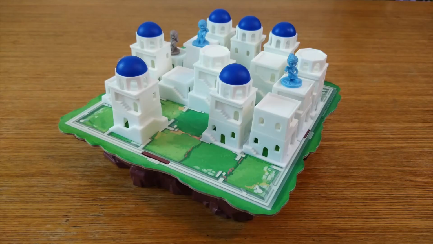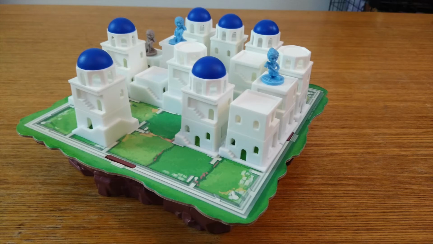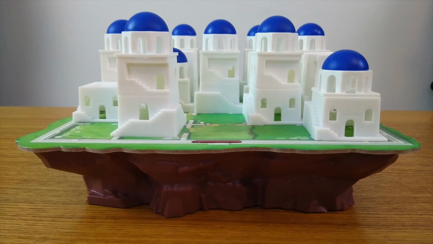What really sets Santorini apart is its look. You are building an actual 3D city, and it is inarguably cool when you are done. The 3D is necessary to play the game, but it goes way beyond that, as the white plastic buildings have little stairs and doors and windows that make them look actually livable. And with the blue domes on top, they're perfect, idyllic Greek island homes. What's even cooler is that the board is all on this little raised island, giving it a real sense of